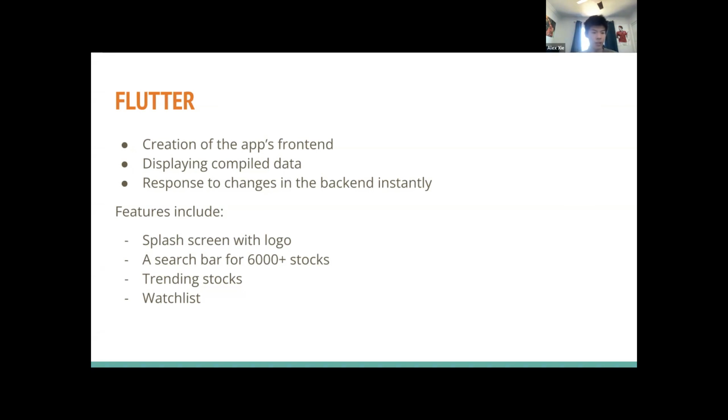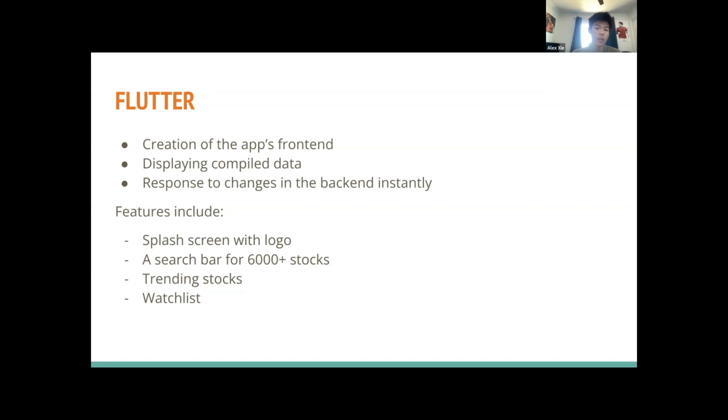Some of the features included in the app's front end for the user are, first, a flash screen with a logo when you first log into the app. I'm going to do a demo later. Then there's a search bar for more than 6,000 stocks that we have in our back end. They're not all displayed in the front end because it causes the system to crash if we put all 6,000 stocks in the front end, so we store them in the back end.